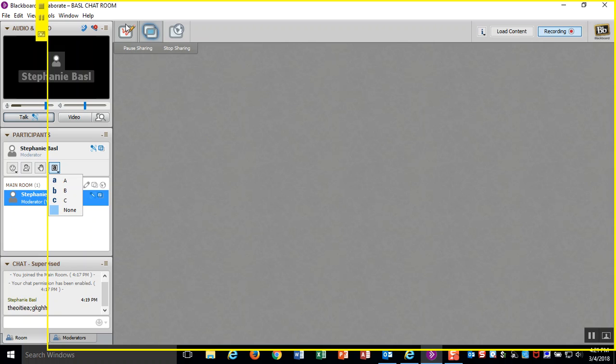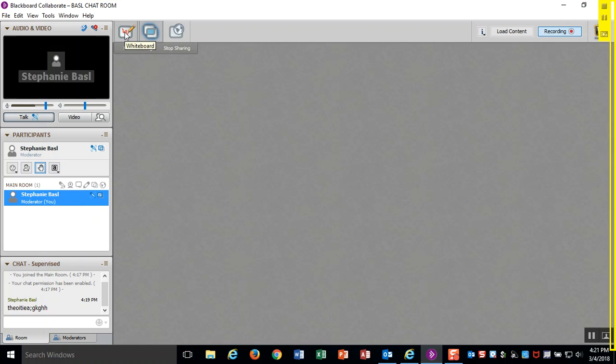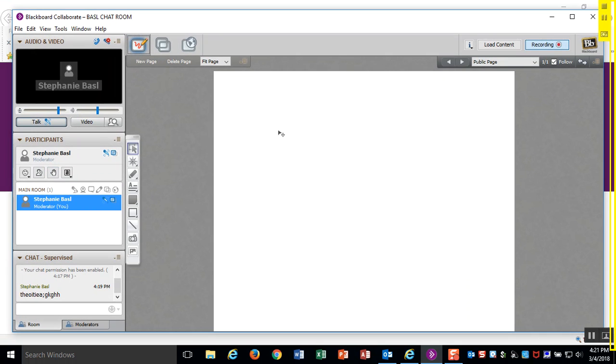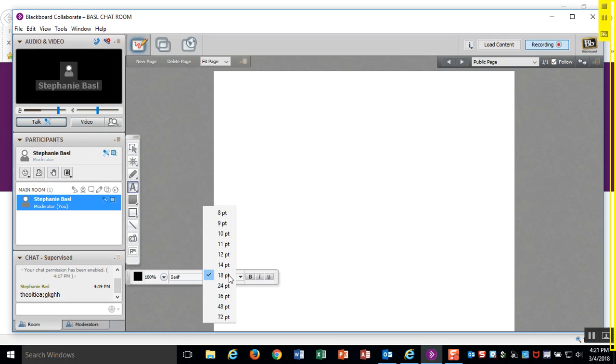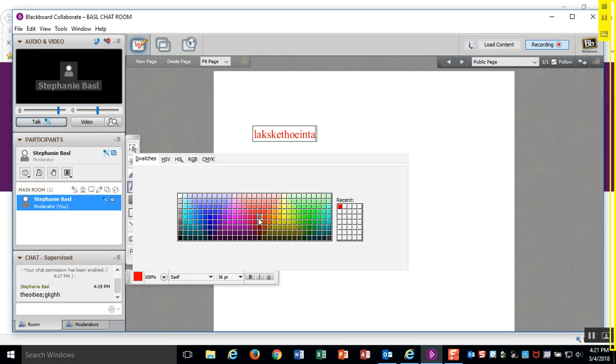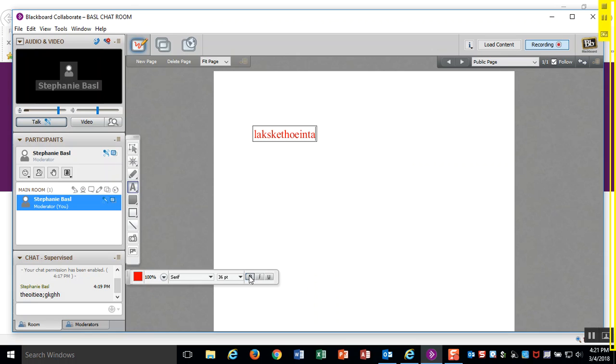Up in the top, there's three icons here. One is for whiteboard access. With the whiteboard, you can create a whiteboard. In that whiteboard, you can create text block. Click on that, change the font, and come up here to type in your text. You can change the color of that font. You can change it to bold print,